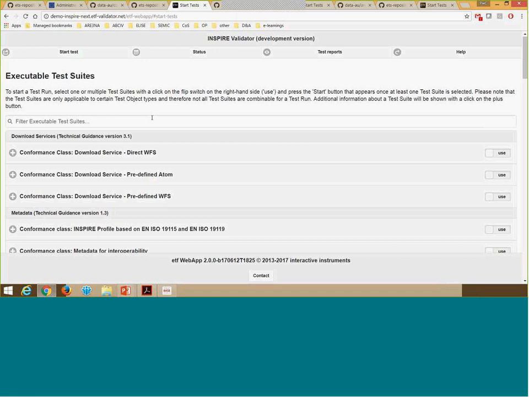To Martin's first question, for the data sets there will be no single ETS test classified based on themes and the application schemas? I'm not sure I understand the question. So basically, let me try to explain it. There are some generic tests that are theme independent, and the structure comes from the abstract test suite in the data specification. So there are tests related to the application schemas, tests related to